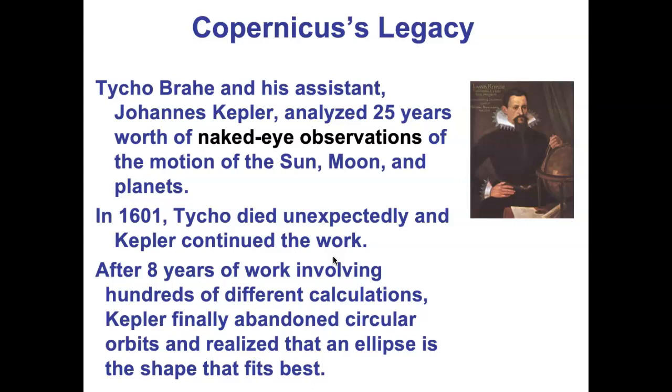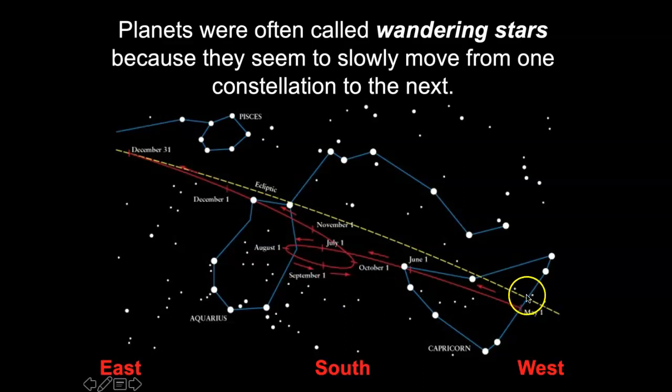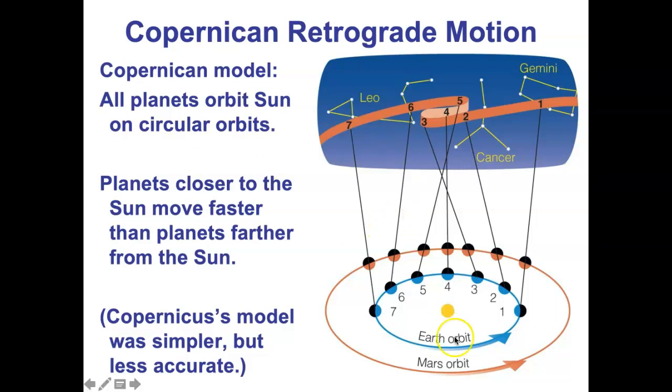And then Kepler really can get down to work. Kepler starts working with Mars because Mars moves fastest, and so it's easiest to study the motion of Mars. He starts with the data from Mars, watching the changing position of Mars month after month for years. He's trying to take these raw measurements for how Mars moves around Earth's sky and make them fit with, can I show that Earth and Mars are orbiting the sun?